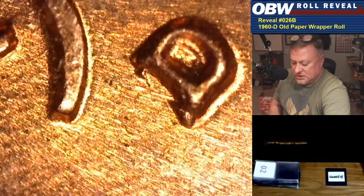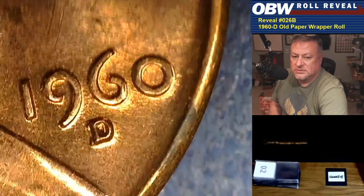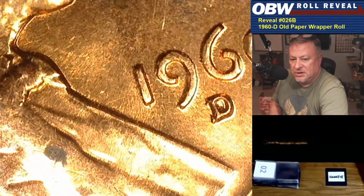So there we go, the first nice RPM in this roll. Let's see if we can continue that. Heck, that's coin number 2. RPM number 5, folks. I don't guess we really need any markers to figure this one out, but we do